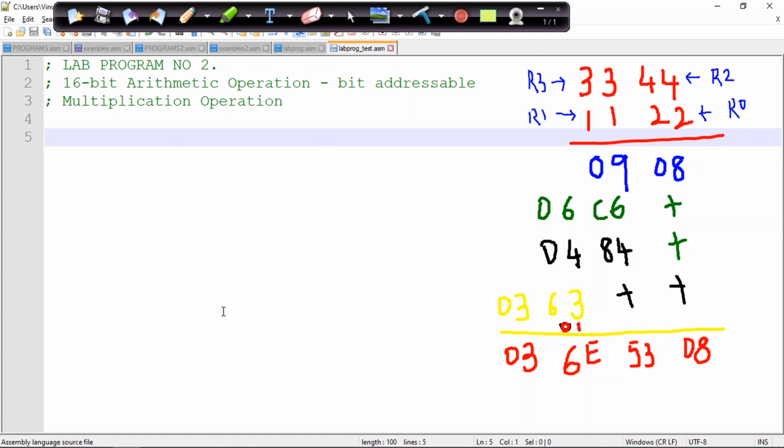So here first I need to copy these. Let me take these values as immediate values itself.